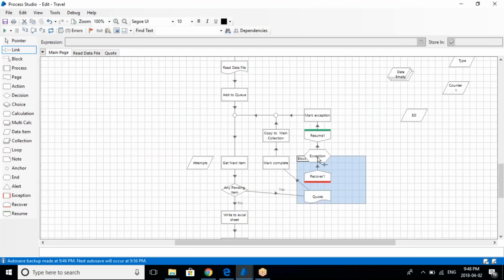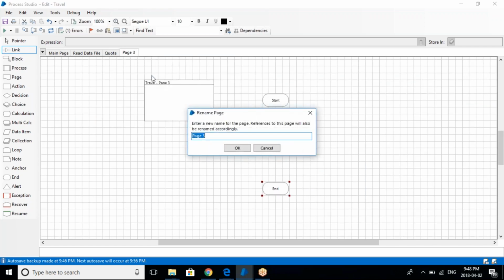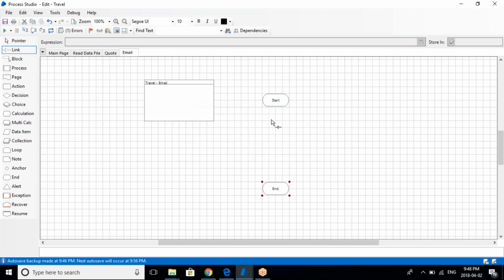So here, once you have captured the exception, after resume, maybe you can add one action stage to send an email to the HR team that this is what the issue is, so someone can look into it. Apart from marking it as an exception, so it will be there in the work queue, but someone can be immediately notified by sending an email also. So just for example, you can just add a page. Let me give you one example for email. If you just use this action stage,